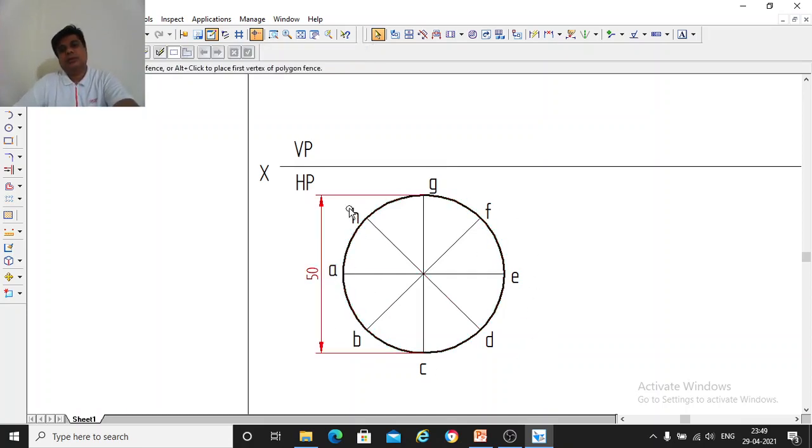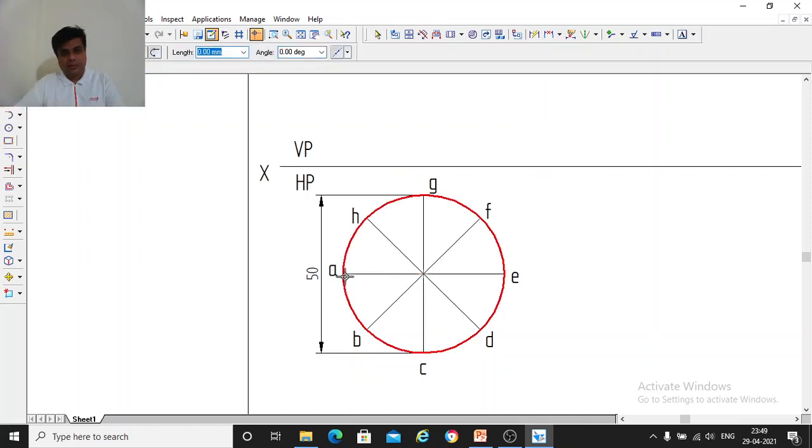So this completes the top view. So the top view circle is seen like this. Diameter, give the dimension, divide the circle into 8 parts, 8 points on the rim or on the circumference, and name it A, B, C, D, E, F, G, H. So once we have the circle, since the circle plane is kept on the HP, if you see from the front here, if you project that, you can see the front view on this line. So you can see the circle as a line now.